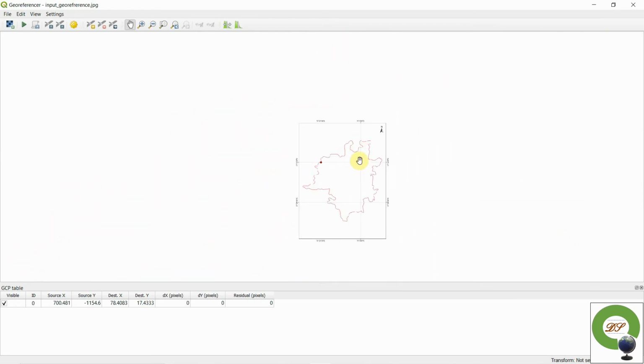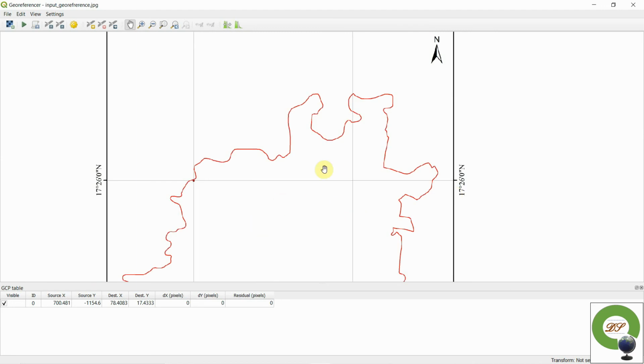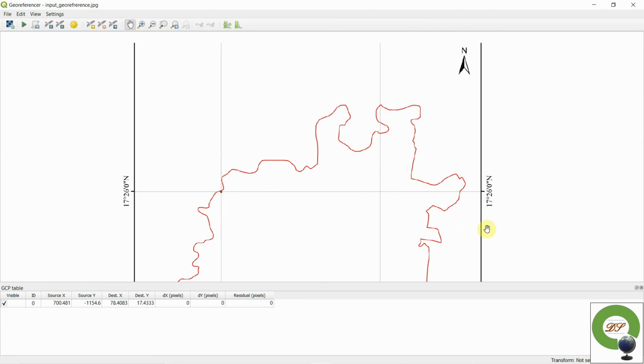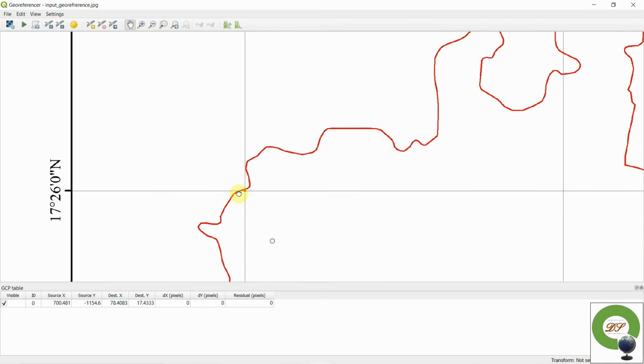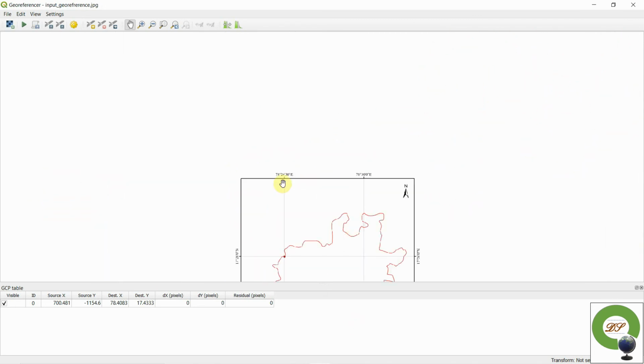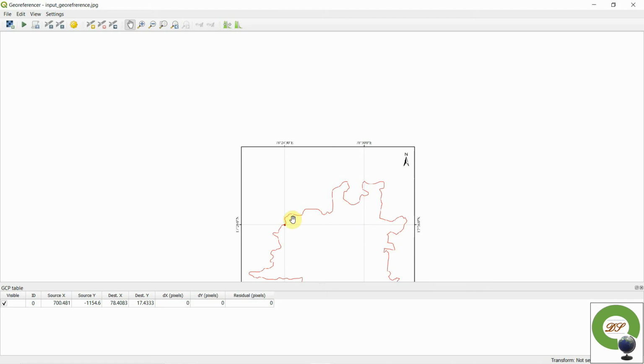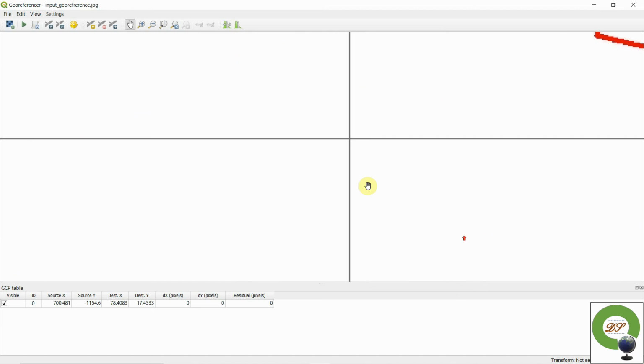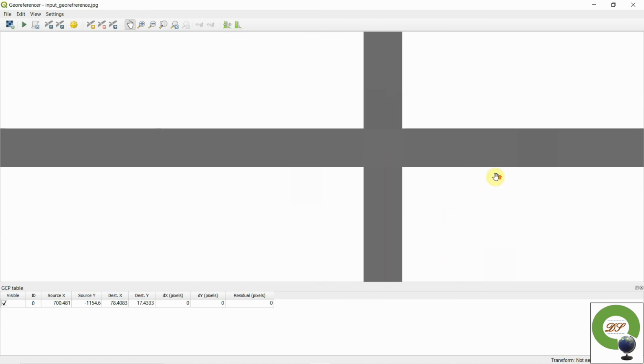Now the second point also we need to go and add the same way. At this point the latitude and longitude will be 17 degrees 26 minutes and 0 seconds and 78 degrees 24 minutes and 30 seconds. Okay. Now in the same way here also we are going to add one more point at this intersection.